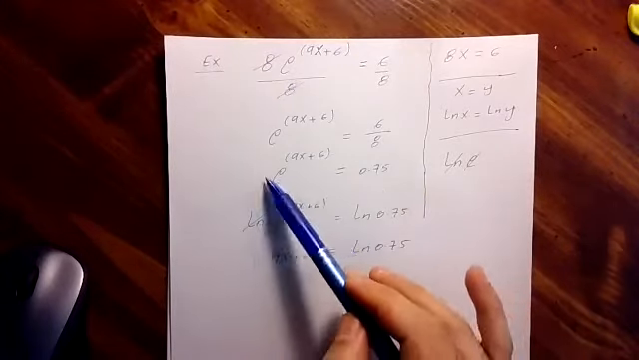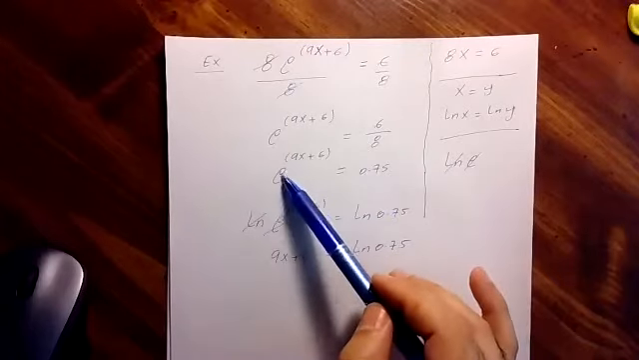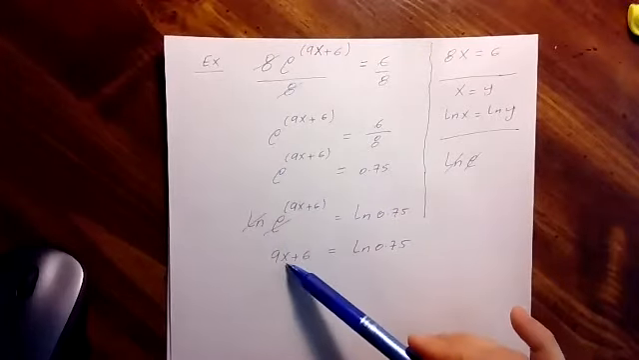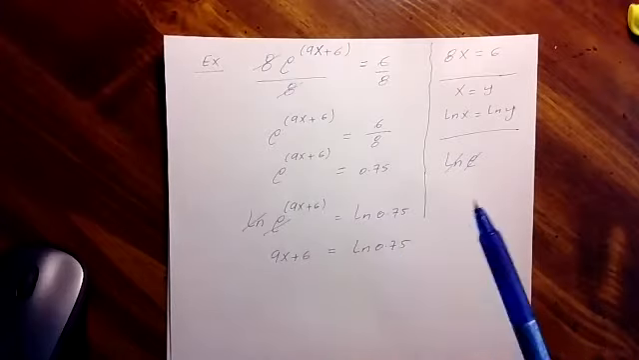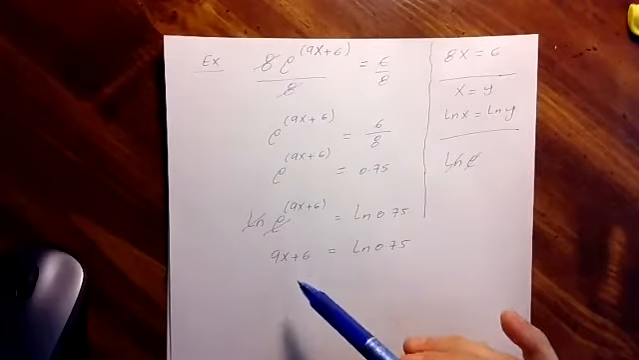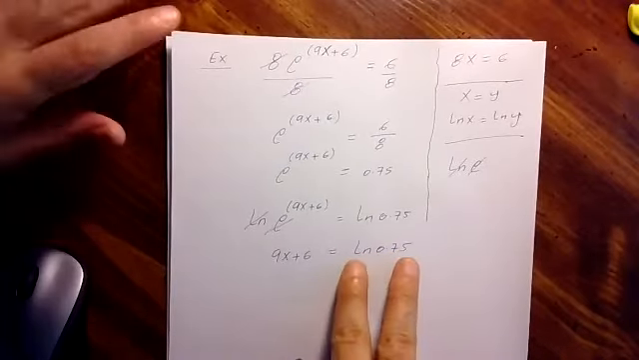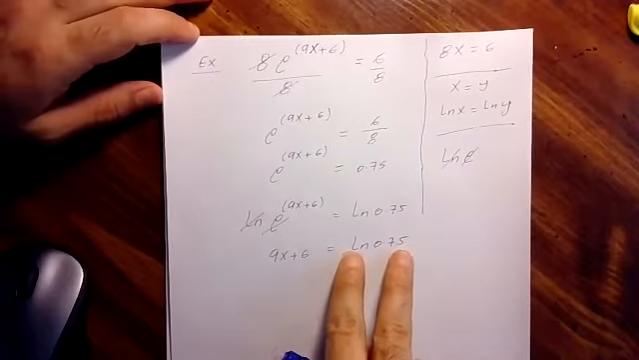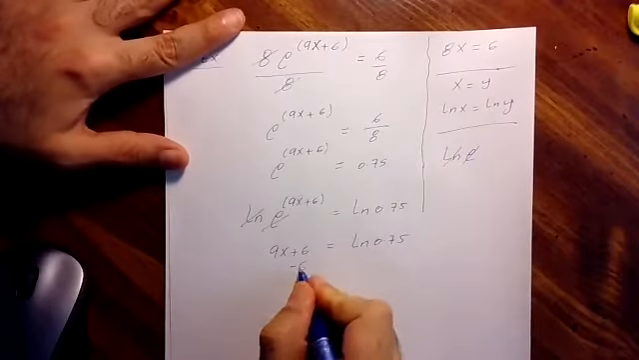Next step, I'm going to take ln to both sides. Ln here and ln here. Cancel the ln with the e. The leftover is just 9x plus 6 equal ln 0.75. Now I need to solve it as a linear equation. I'm not going to care about how much the number here is, because you can use the calculator. Now you're going to say minus 6,